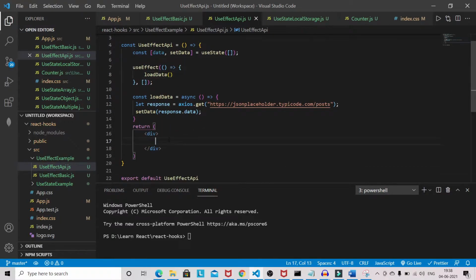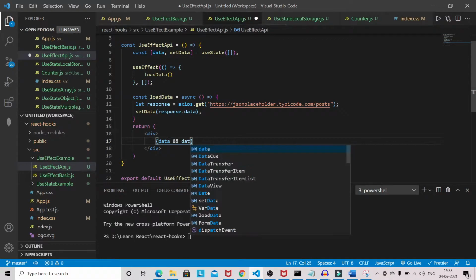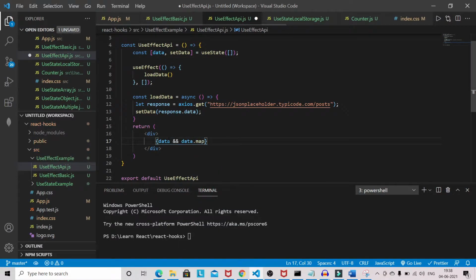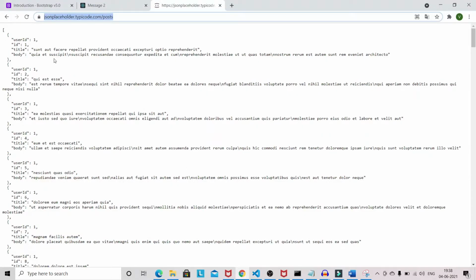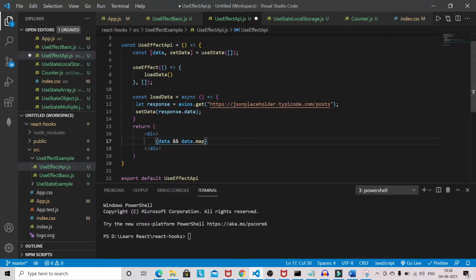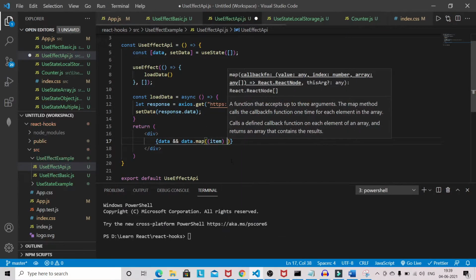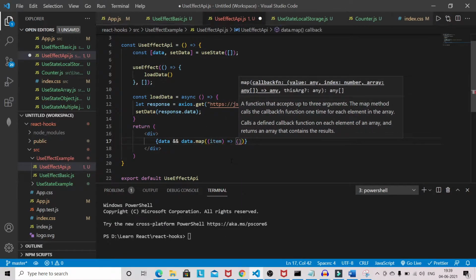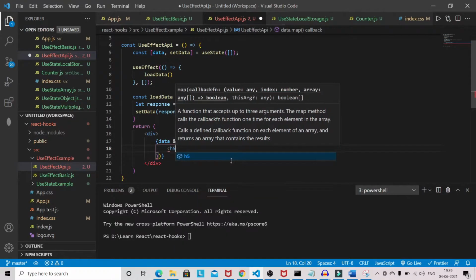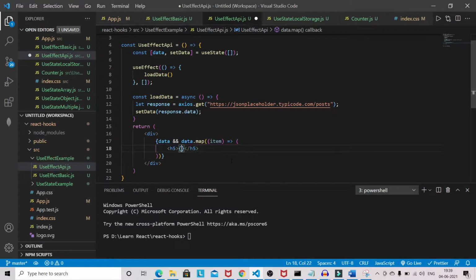Let's display the data. I will check if data is there, then only display the data. data.map. I will just print the title from this array of objects. So data.map, I'll have item, h5, item.title.